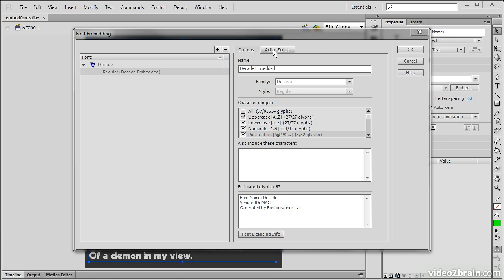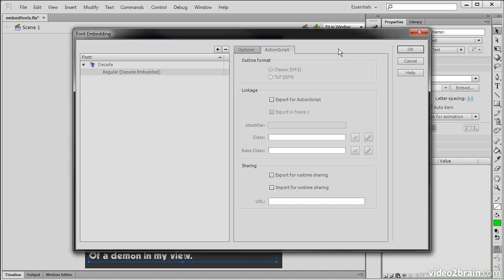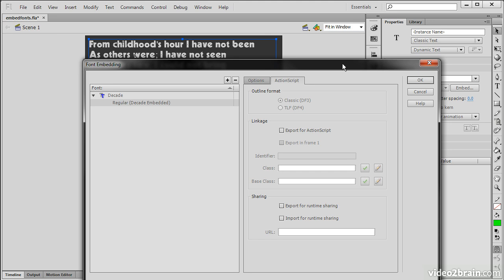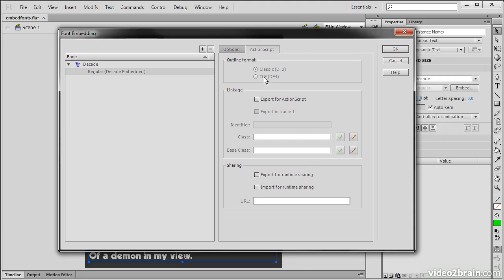So one other thing here, and that is the ActionScript tab. So this tab here allows us to choose from a variety of different options. We can choose between Classic and TLF. Classic text is what we're using here. You can see right there. And we can't use TLF because we have selected Classic and we're not using the text layout framework within this particular movie. We can also export this for ActionScript, in which case we'd be able to access the font in